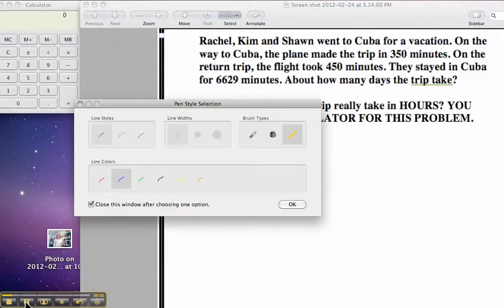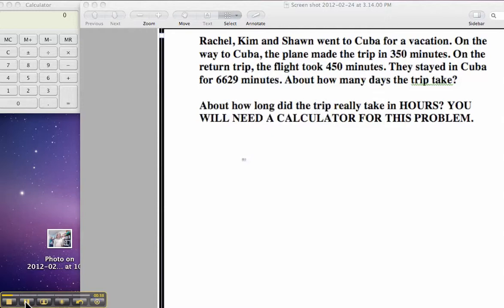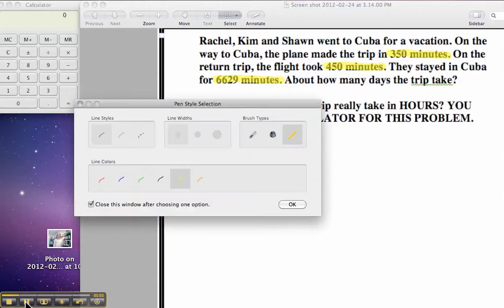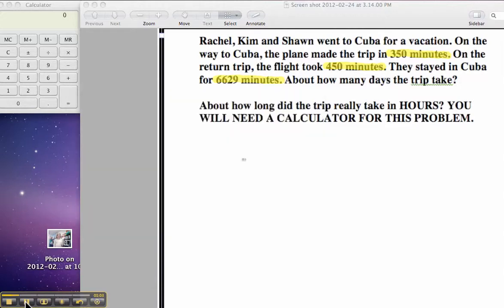Well, the first thing that I need you to realize is that 350 minutes is right there. That's one of the numbers in this math problem you need to know. And then the flight took 450 minutes. And they stayed in Cuba for 6,629 minutes. Now, how many days did this trip take? Well, to solve this problem, I need to know that